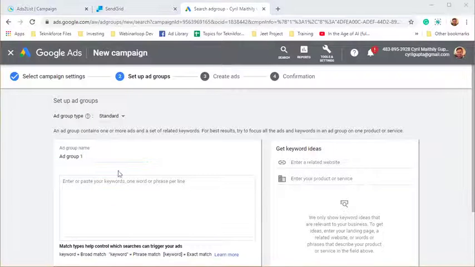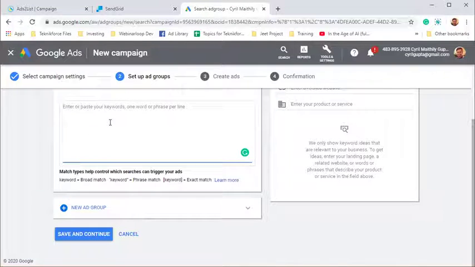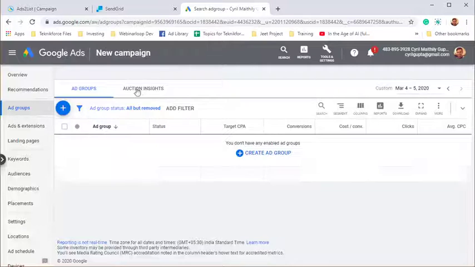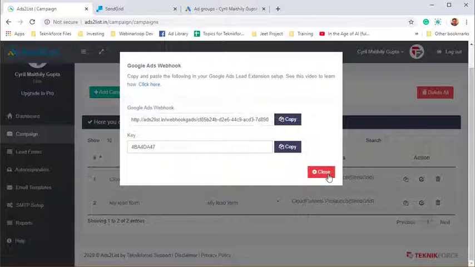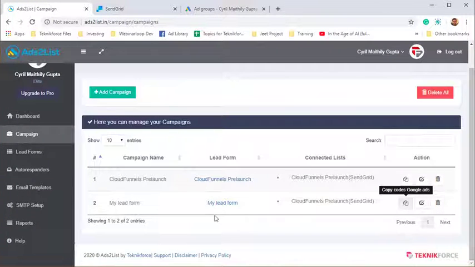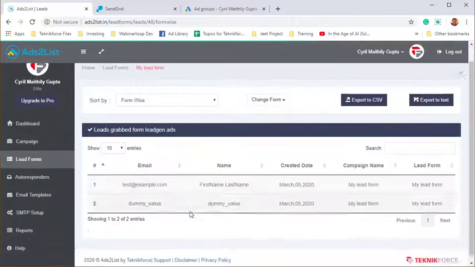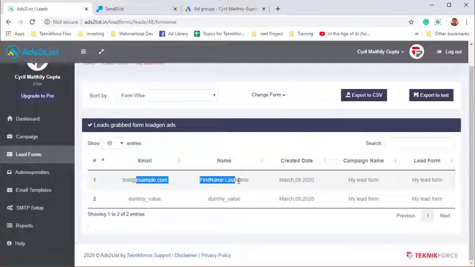I can target my ad group name. I can put in my keywords as usual, whatever you want to do, whatever the way you want to target, you can do that. I'm not going to go into that because that is not a part of this demo. But here, back to this software, back to Ads2List, I'm going to go into my lead form. You can see that I did get a test from Google. This is the test record that Google sent us. And I can see that I did get it on today's date, and our lead form is working, our system is working,